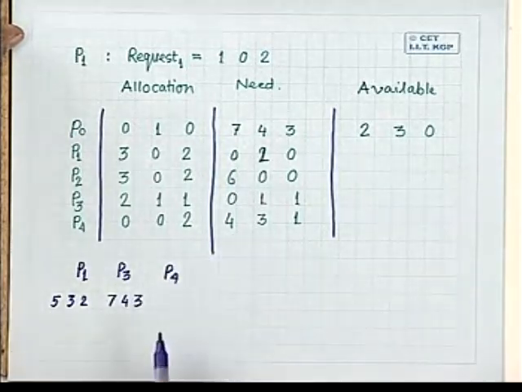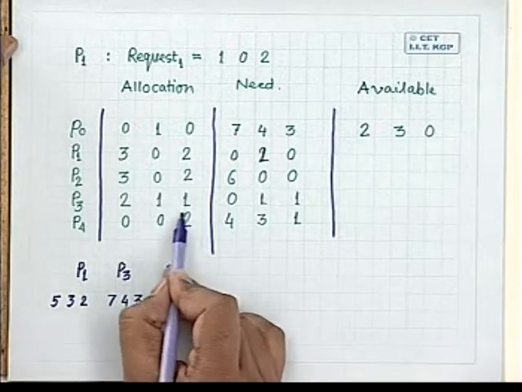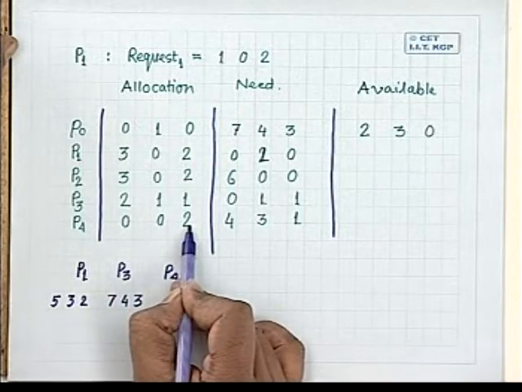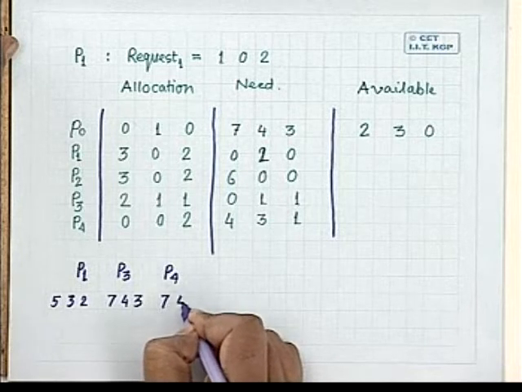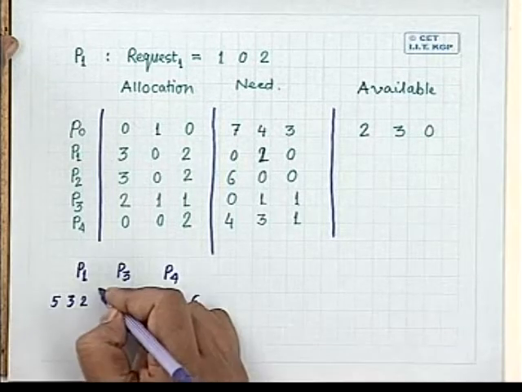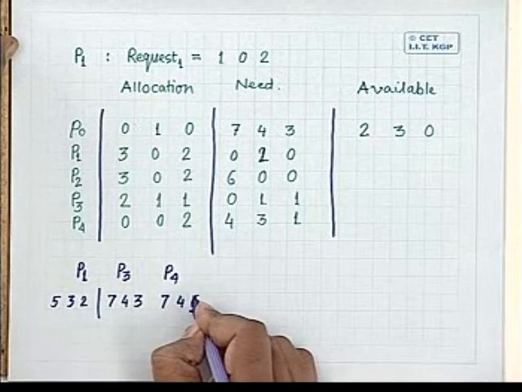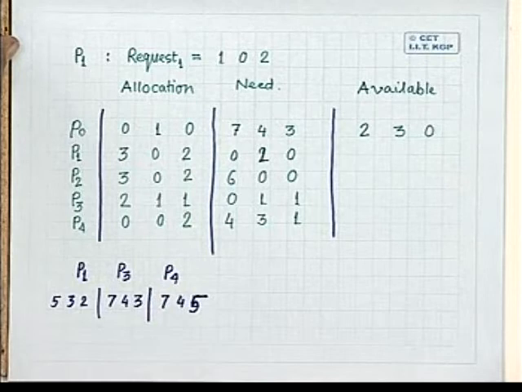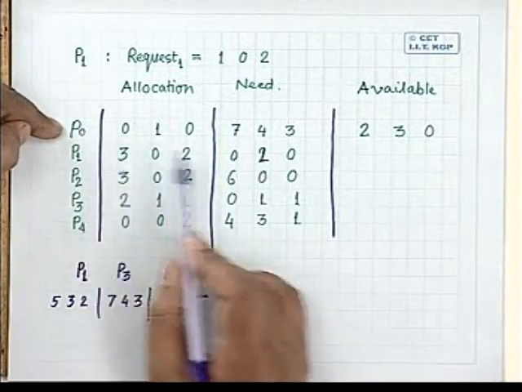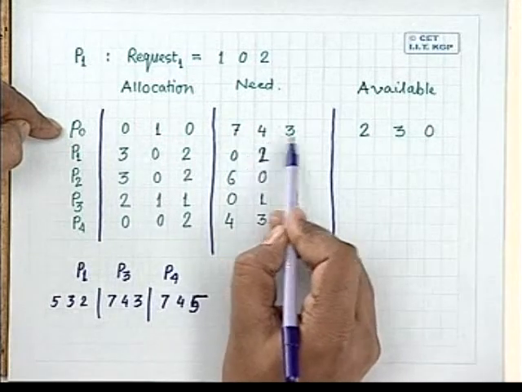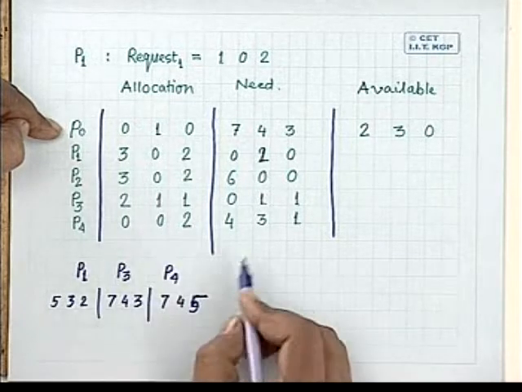P4, and after completion of P4, the available resources will be, you add to this the resources which are already allocated to process P4. So available resources will be 7, 4, 6, 3 plus 2, yeah, 5. With this, I again go back to process P0. Future need is 743, which is less than or equal to this. So P0 can also complete.